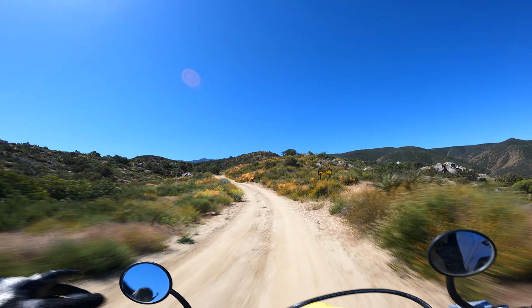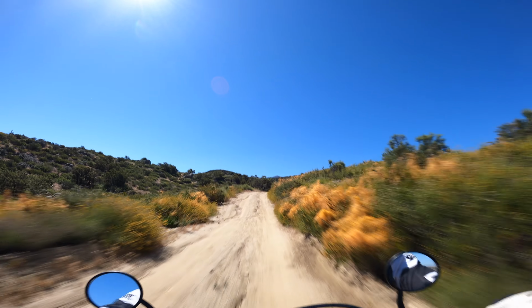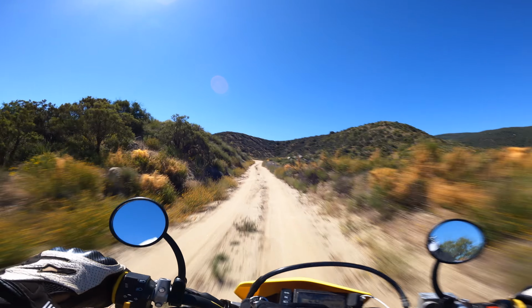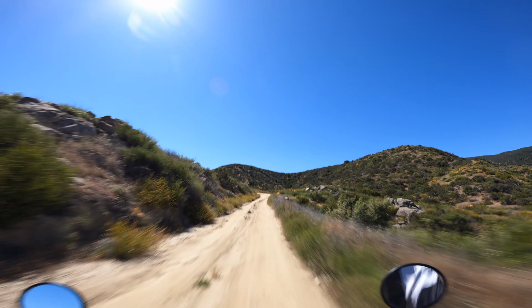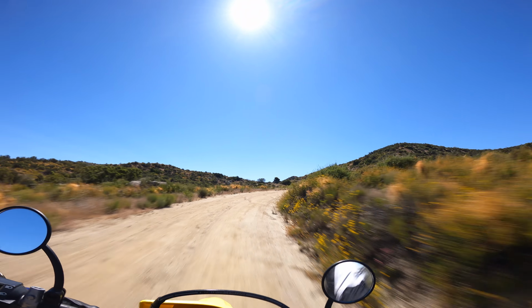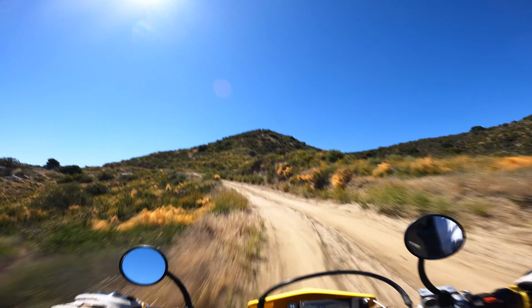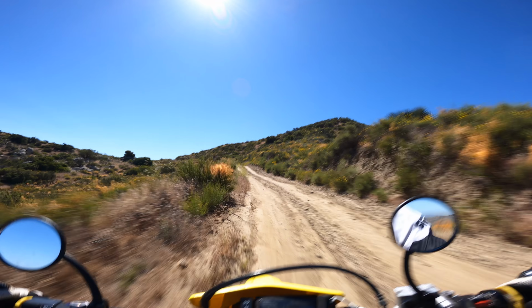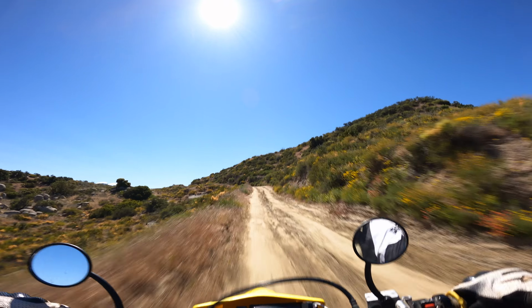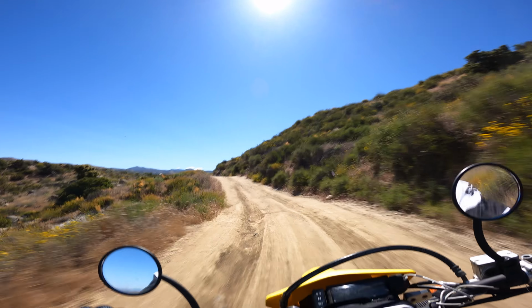Funny story, you'll probably see me checking the bag on the back a couple times because I attached my backpack with the straps, but I didn't account for the different directions the bag could possibly be moving. The bag ended up sliding off to where my exhaust is, burning a hole through it, and then I had to use my rain layer that I brought